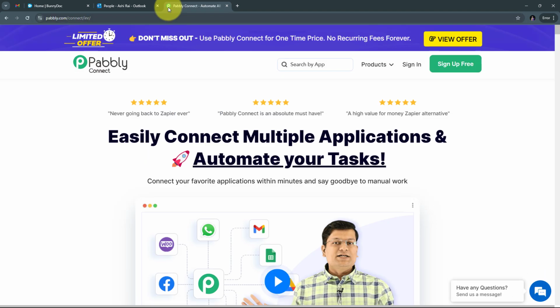And this will take us to the landing page of Pabbly Connect. Here in the landing page, I have these two options of sign in and sign up for free. If you don't have an account with Pabbly Connect, then you can just click on this sign up for free button and it will take only 2 minutes of your time and you will get 100 free tasks every month. Or if you already have an account or you are an existing user, then you can just click on sign in